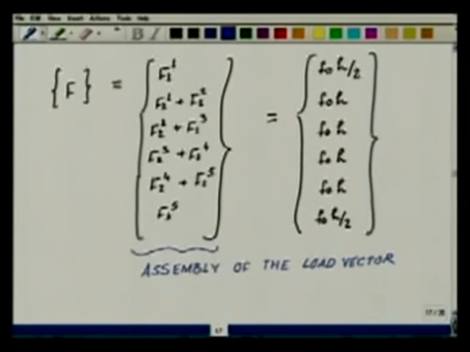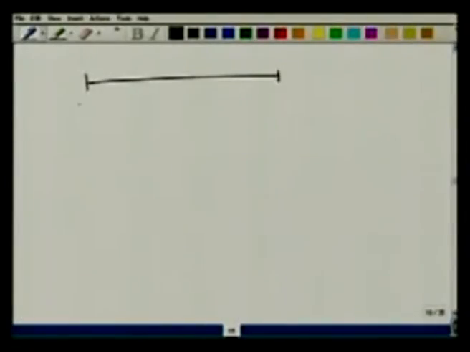Okay. So now you should see something, that I have deliberately not touched the boundary conditions yet. So how do we now go and apply the boundary conditions for the problem that we have? So again, let's take this particular problem, that u is equal to 0 at x equal to 0, and here p is equal to Ea du dx at x equal to L. So now you see, the first thing that we'll do is